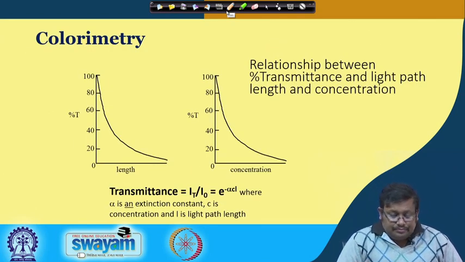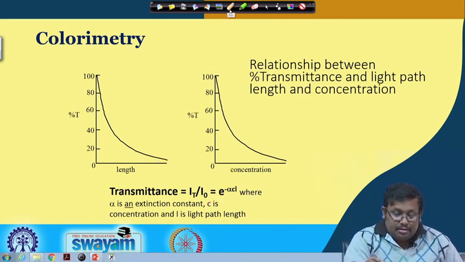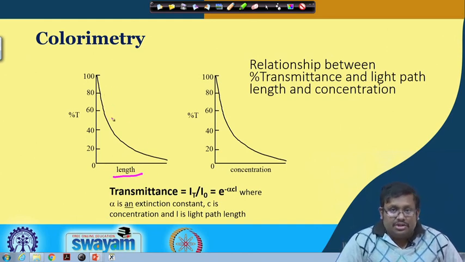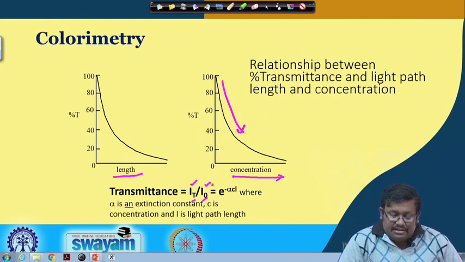Colorimetry says this is the relationship between the length of the solution, or path length, and the percentage transmittance. Obviously, as the length increases, the percentage transmittance decreases exponentially. Similarly, if the concentration increases, then the percentage transmittance decreases exponentially. So transmittance is IT by I0, which is the transmitted radiation by the intensity of the incident radiation,